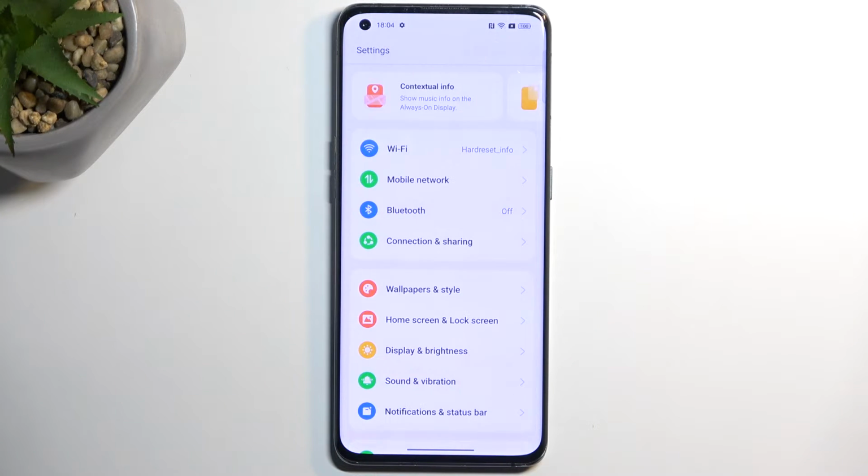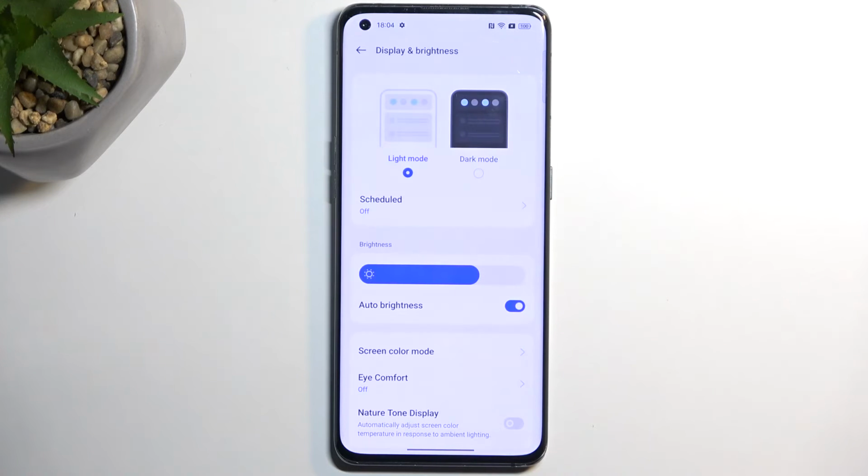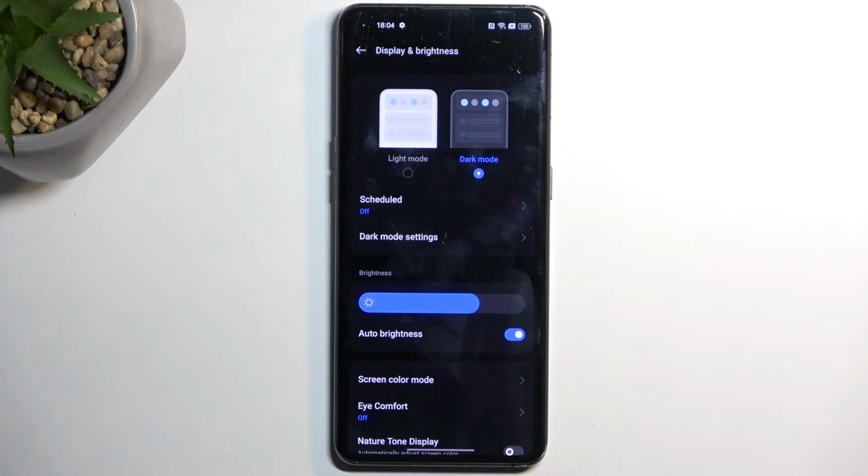So we're gonna go into the display and brightness, and here we have a dark and light mode. So you can choose between them. Now we do have AMOLED display, and the dark mode here looks superb because the black levels are just fantastic. But obviously dark mode might not be the best option for current season, which is summer, and during the daytime